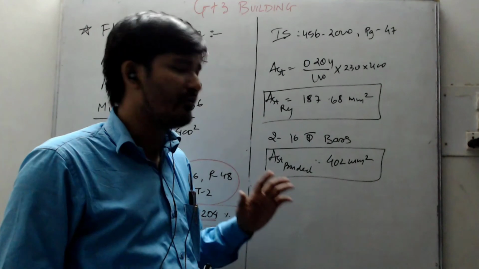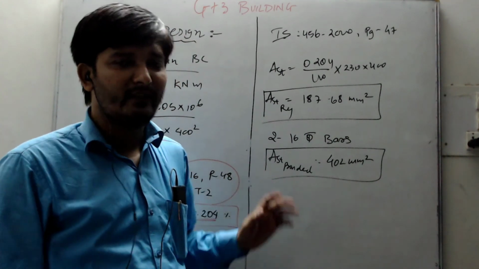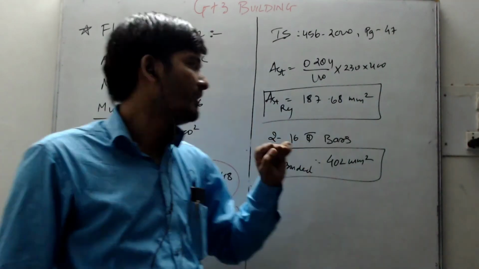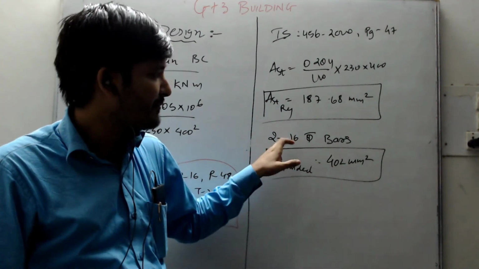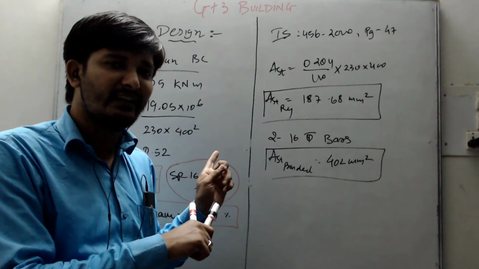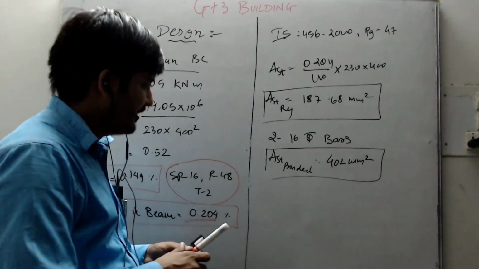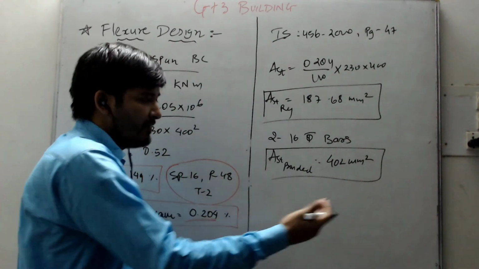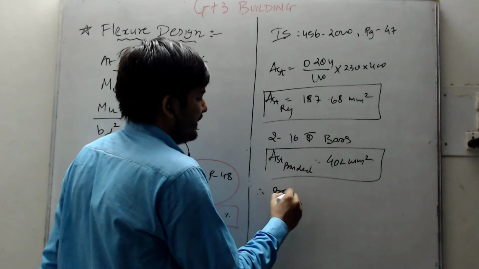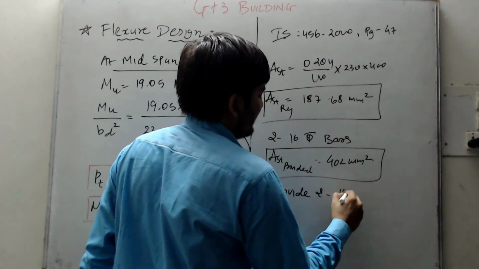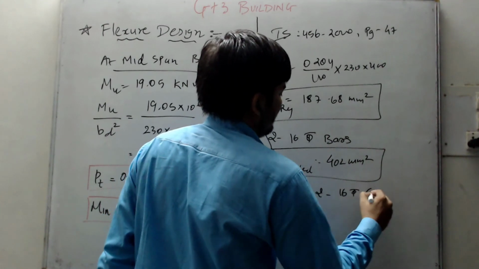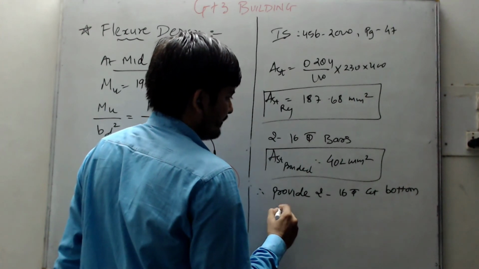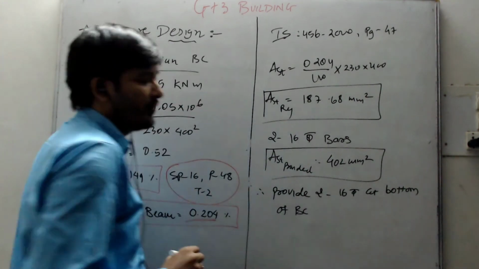You can have a lot of wastage on site, right? So we generally try to keep a uniform diameter bar throughout the span of the beams, for all the spans of the beams. So here we have selected 16 mm diameter bars because we selected this diameter for the previous design also, right? So Ast provided is larger than the Ast required, but we need continuity in the diameter of bars, right? So therefore provide two numbers of 16 mm diameter bar at bottom of span BC, right?